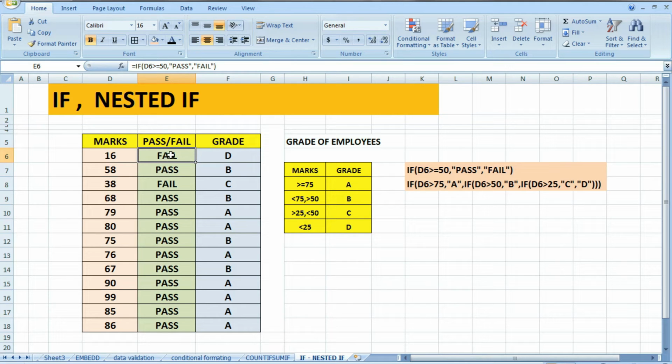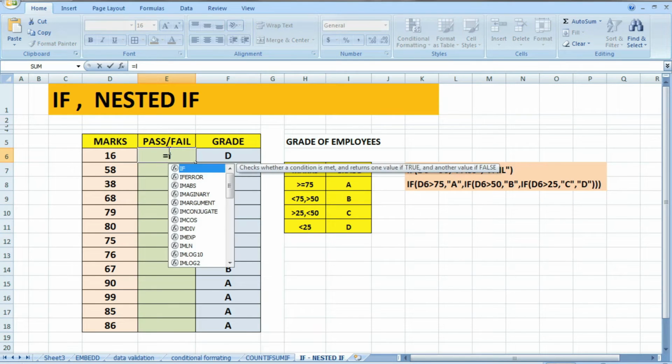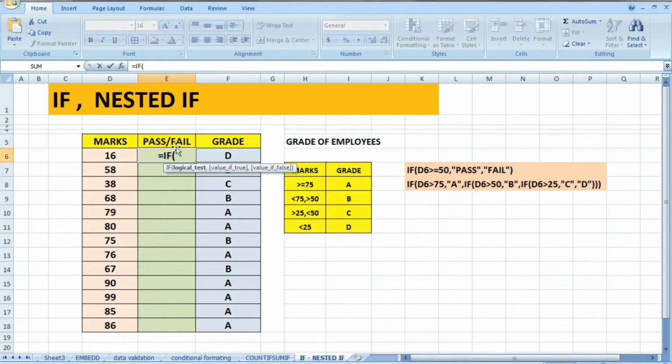So I have used this here in this column. We will delete and use it again: is equal to IF, now this is the marks, if it is greater than or equal to 50, this is the condition, then only we can say he is pass, and if not, then it will take fail, right?